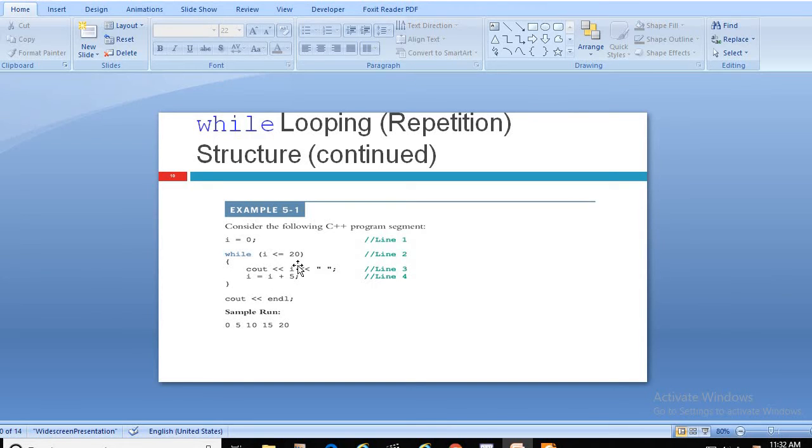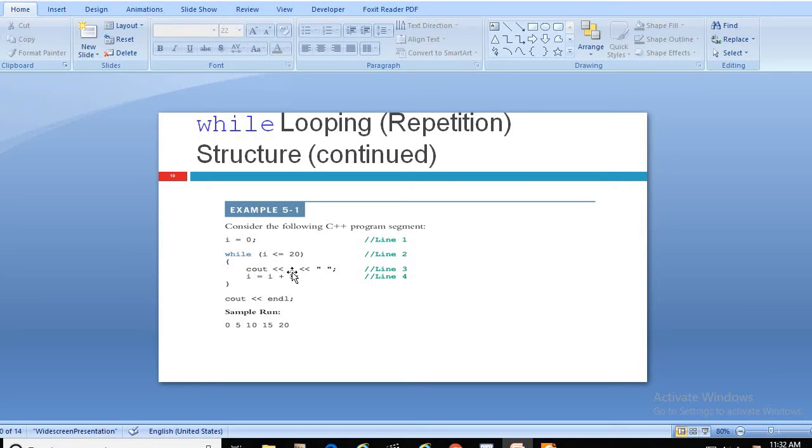So it will go on, and when its value becomes 20, I is not less than but equal to 20, meaning the condition is still true, and the value of I, that is 20, will be printed.